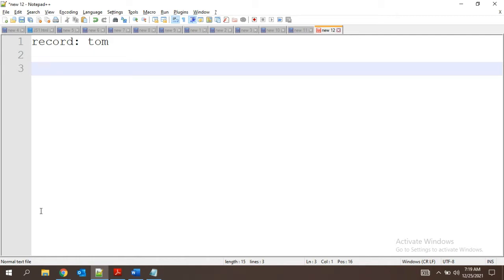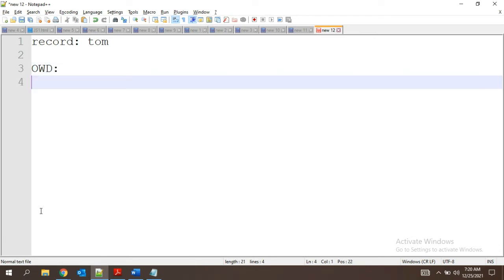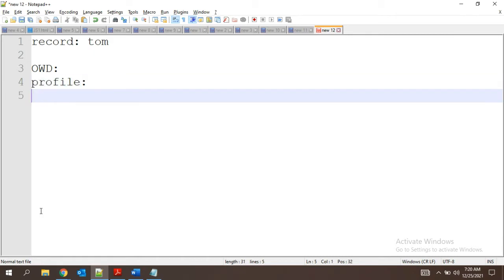Yes, we have created the object and the record is there, but for Tom, we did not get a requirement that we have to allow him access, because this is a security breach. Tom is from another profile, so we cannot allow him to see the record. So now the main things to consider are: OWD is the first main security we will give, and the second one is profile. Today we'll speak about these two things.